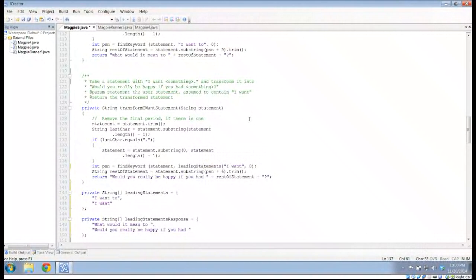sub 1, because that really is the first element of that list. And then this 6 comes from the length of leadingStatements sub 1. Dot length. And of course, because these are strings, length is a method. And then instead of forcing it to say, would you really be happy if you had blah,